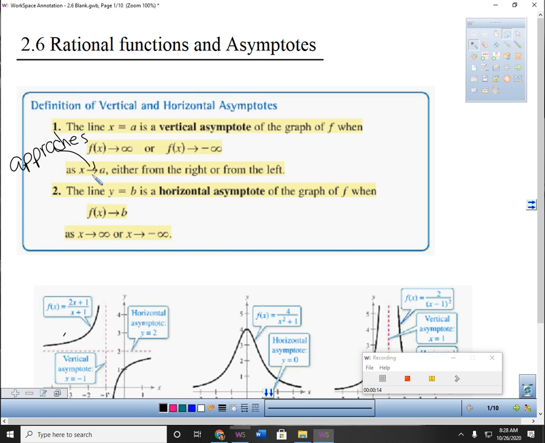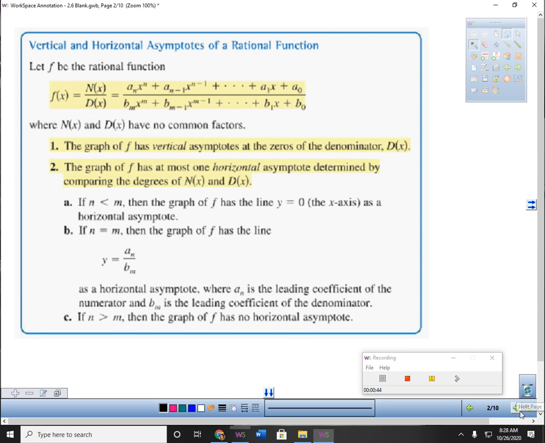from the left. The line y equals b is a horizontal asymptote of the graph of f when f of x approaches b, as x approaches infinity or x approaches negative infinity. And we'll learn more about that in a minute. All right, so if we have a rational function, we have some stuff on top and some stuff on the bottom, and there are no common factors, then we know that